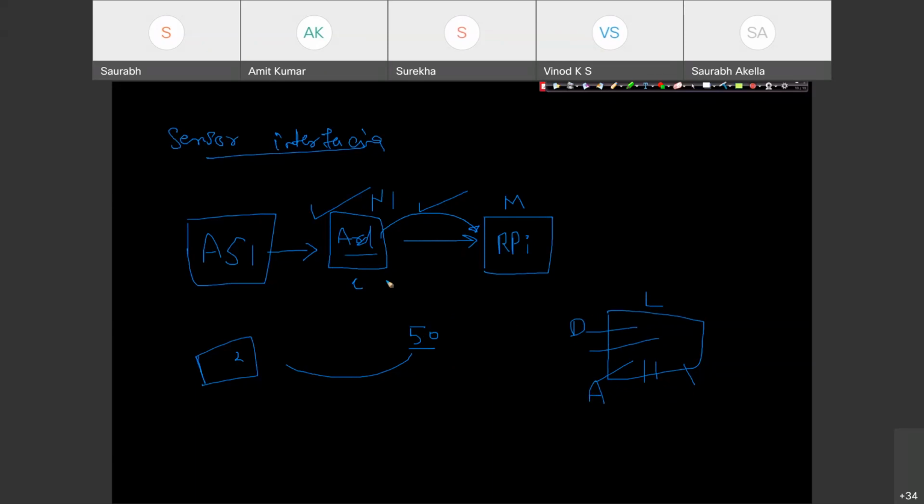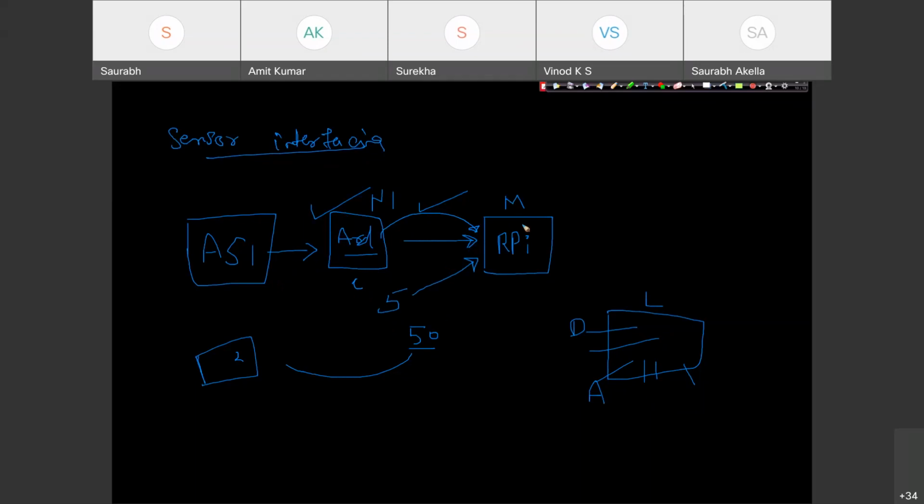Considering that we have, suppose, 5 nodes, node number 1 till node number 5, and we are sending this information to Raspberry Pi, what should be the mode of communication? What should be the way of communicating these nodes with Raspberry Pi?